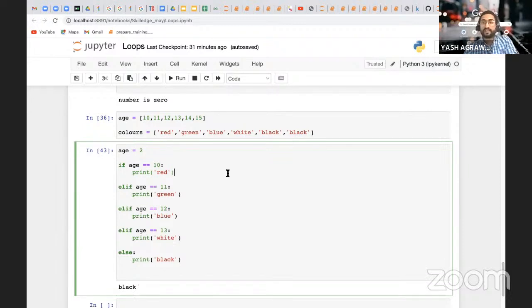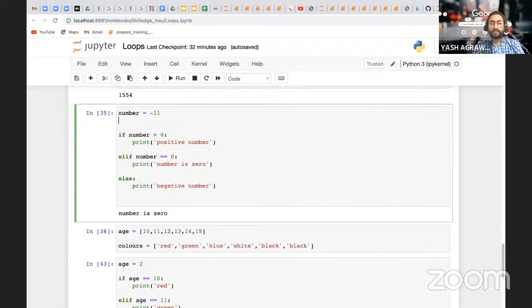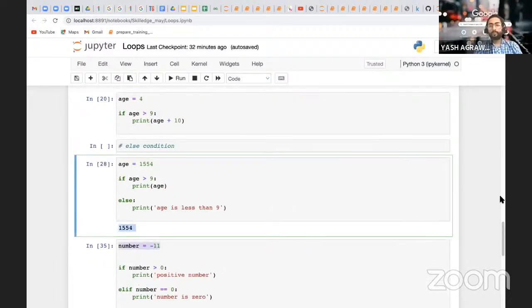We write conditional statements to give the condition to your Python code, so that your Python code understands the condition. Okay, now there are two or three more additional points. So let's again move towards your loops.